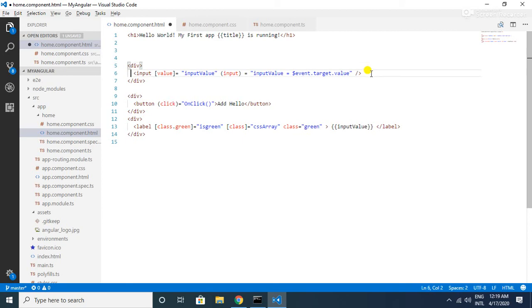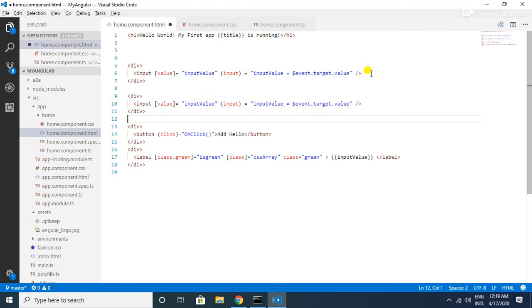To use this ngModel, the syntax is: we don't need this input binding and click event binding, and here instead of value we have to use ngModel.